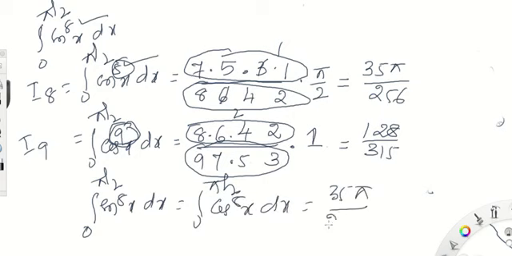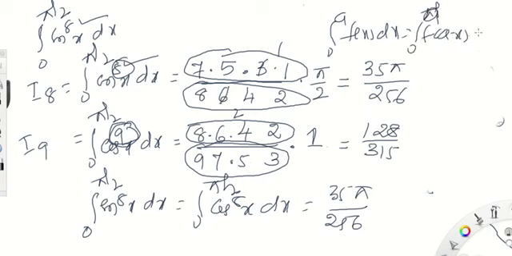I think we already discussed this in the beginning itself. We have the integration property: the integral from 0 to a of f of x dx, we can write as the integral from 0 to a of f of (a minus x) dx. Okay, now this is the final conclusion. I want to say that in the next class we are going to discuss some more problems regarding the same thing, reduction formulas.